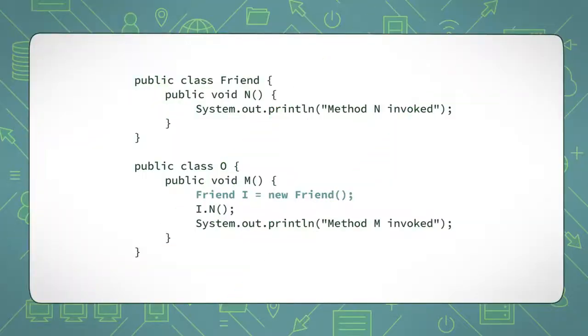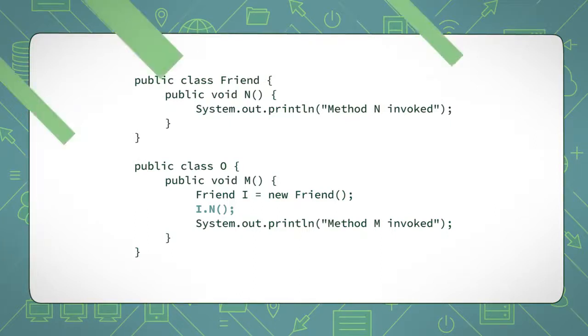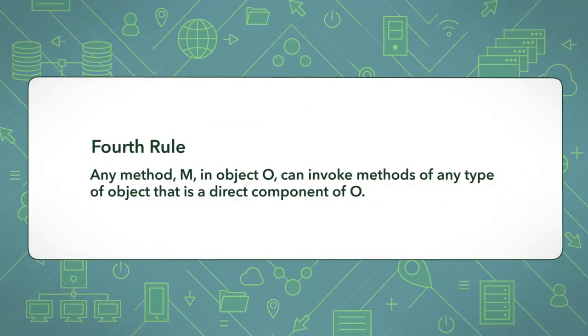The object is considered local to the creating method, the same way an object is considered local when it is a parameter. In this example, the method M creates a new local instance of the friend class. Since the friend object is local to method M, you are allowed to call any method of the friend class. In addition to local objects, the fourth rule states that any method, M, in object O, can invoke methods